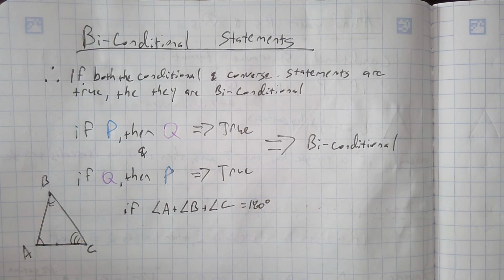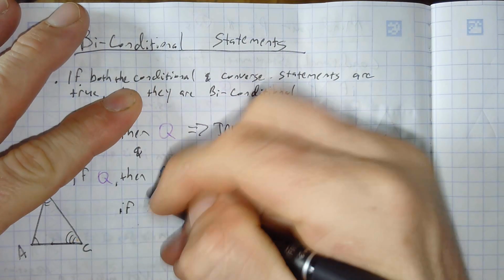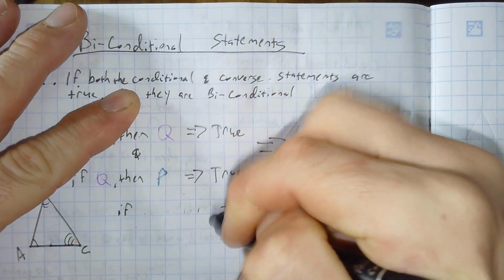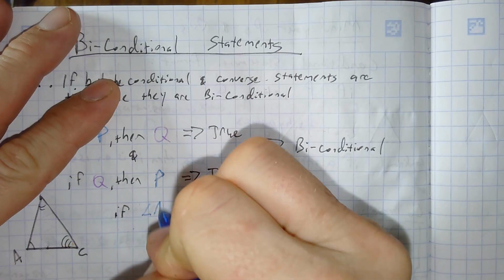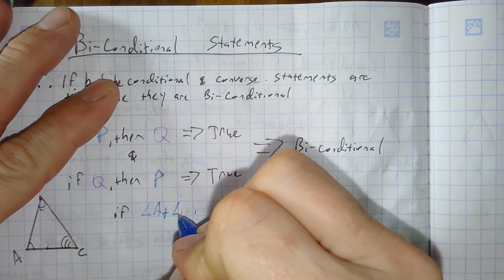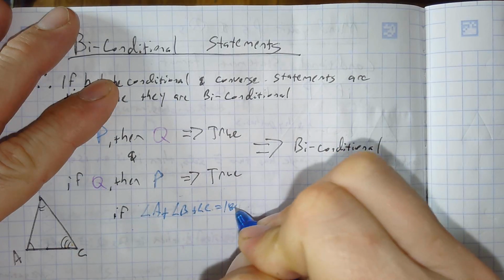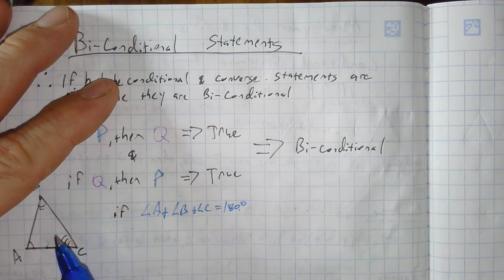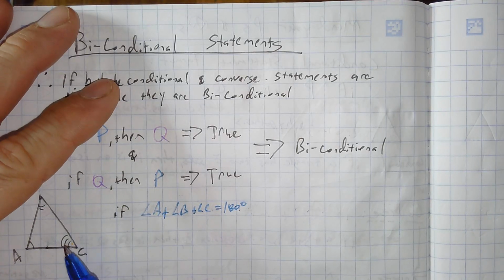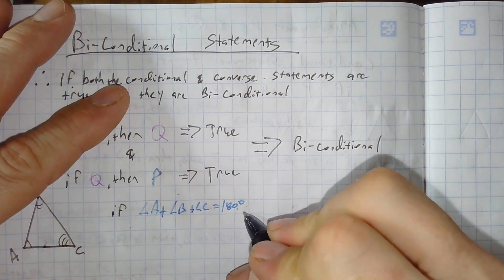I should make this blue. So if angle A plus angle B plus angle C equals 180 degrees, or I could also say if the sum of the interior angles of this triangle equals 180 degrees, then